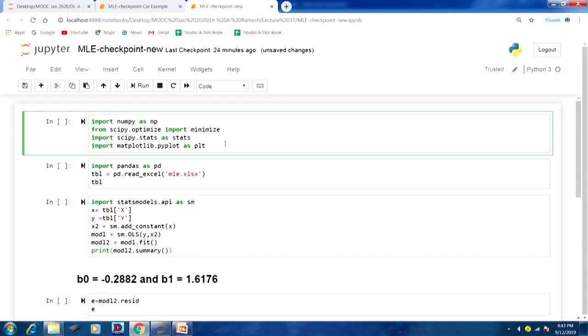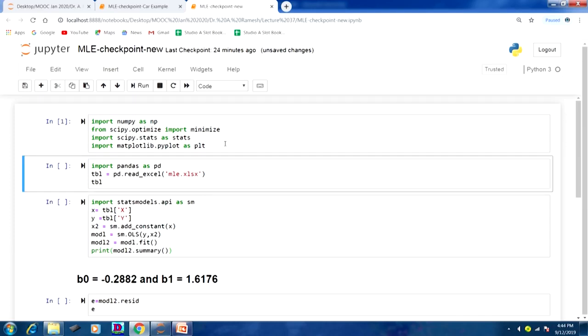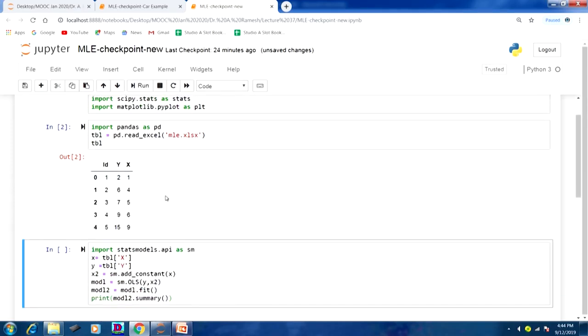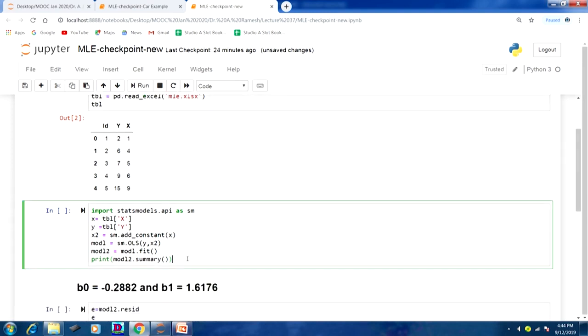I have explained how to use maximum likelihood estimation to predict the parameters of a regression equation. I have shown the screenshot of the program in my presentation. Now, using the Python environment, we will run this code and I will explain how it is working. I have imported the necessary libraries, then I have stored my data in the file called MLE. I have displayed this data. This data says y is the dependent variable and x is the independent variable. For this data set, we are going to construct a regression equation using the least square method.